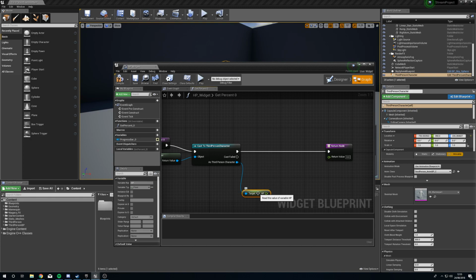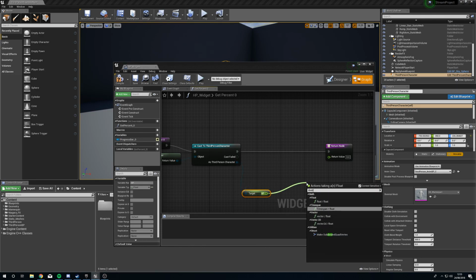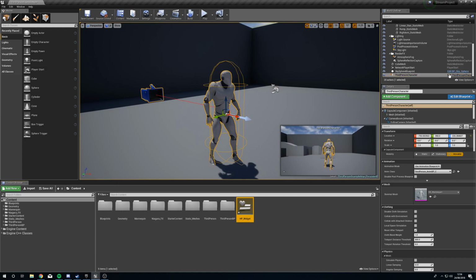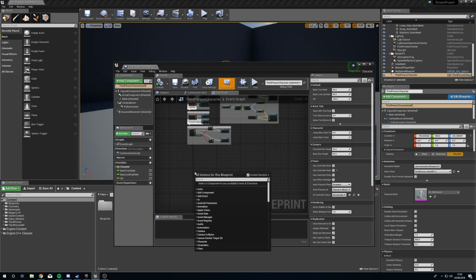Our HP is 100, and our percentage bar only goes from 0 to 1. That means that our HP value needs to be divided by 100 to be accurate. So 100 HP will then equal 1 inside of our progress bar, which is 100%, and so on. We'll press compile, and now what we will do is we'll go back to our third person character, right click,